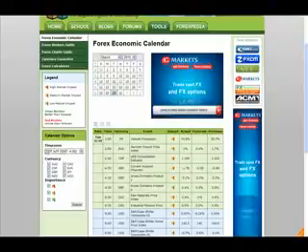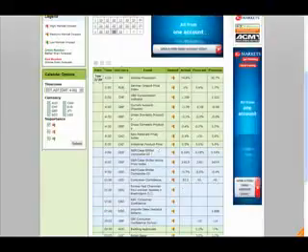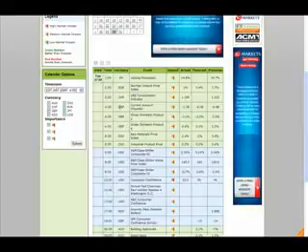Today's March 30th. Make sure that drop down bar is set to your correct time zone. And we're looking for news that affects the UK or the US, because that is the currency period that we're trading. So if we look at this column under currency, you can see at 4:30 had some stuff going on there for the